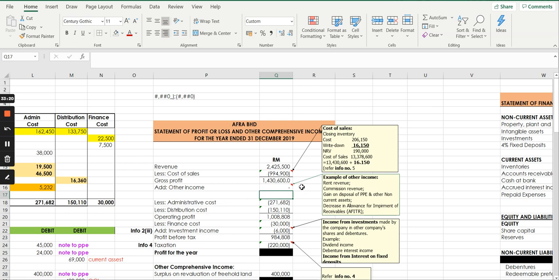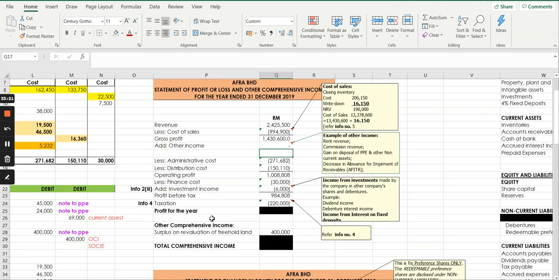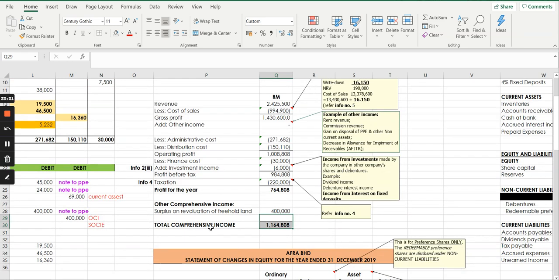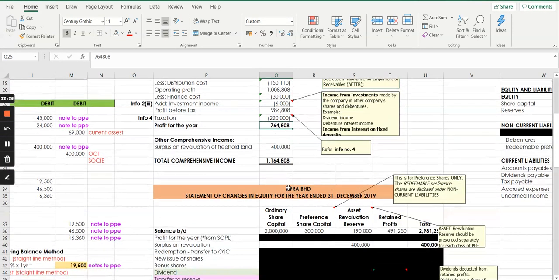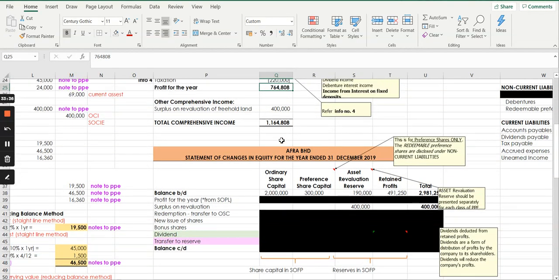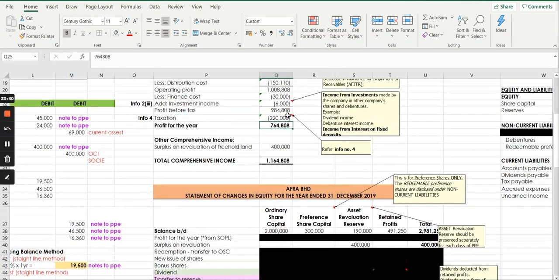Right. There was just a little gap there. It's okay. Profit for the year, yes, and your surplus has been recorded there. Yes. Your total comprehensive income, total profit or loss, and other comprehensive income. This figure, now we go to statement of changes in equity. That figure, which is